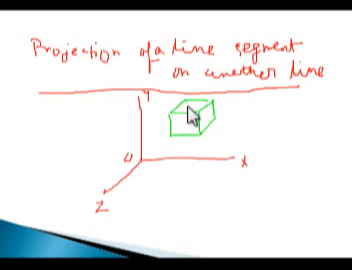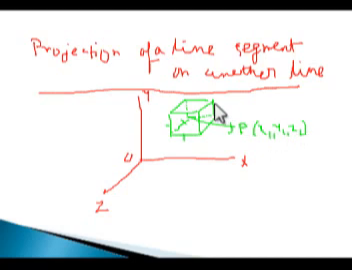Now this is the parallelepiped, and all sides are parallel to the coordinate axes. This is parallel to the x-axis, this is parallel to the y-axis, and this is parallel to the z-axis. Now, this is the point P, whose coordinates are x1, y1, and z1,